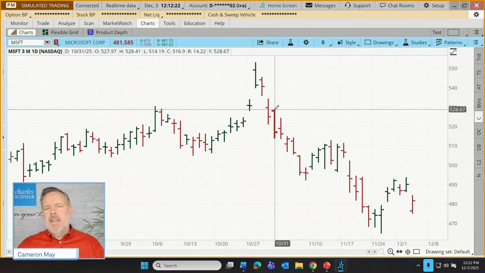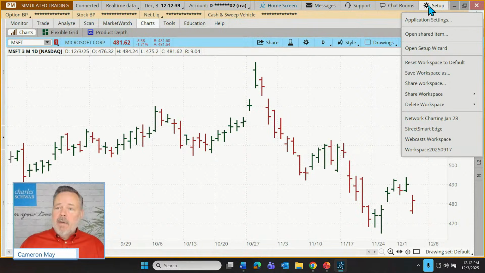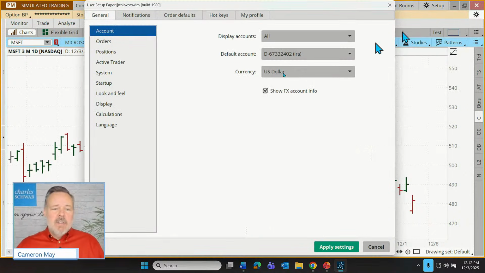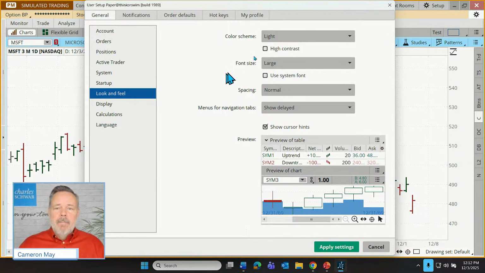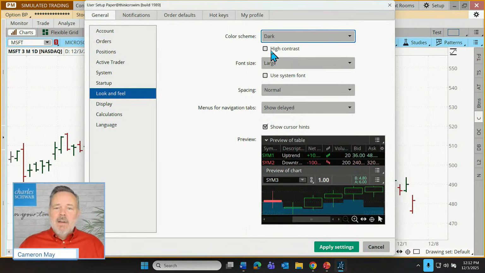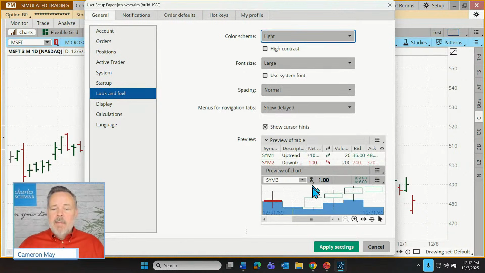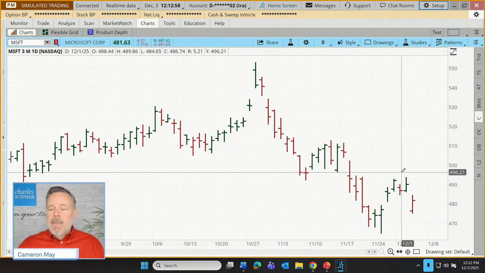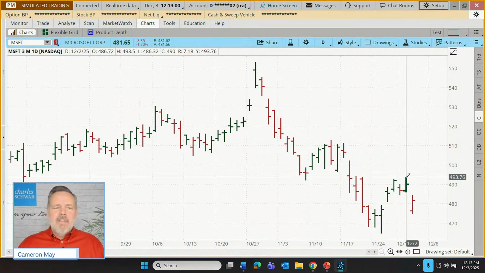One thing that I'll just say broadly for our attendees here is that I'm using the light background color scheme on Thinkorswim. So if we're following along at home and we're looking at a black or the dark color scheme, this can actually look significantly different. Up here under our setup, if I go to application settings and we select look and feel, some of you might be using, let's say, the dark color scheme. And you can see how different that appears from the light color scheme that I'm using. So if you want your chart to look like my chart, that's where that selection would be made. Okay. In any case, that's our bar chart.